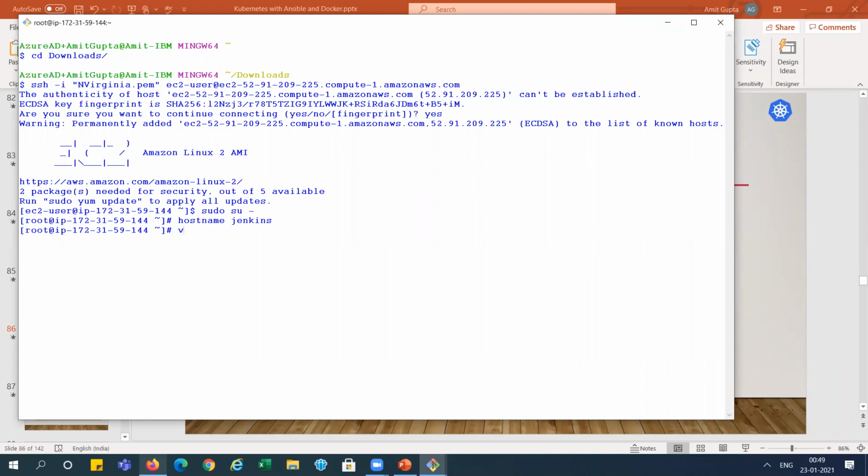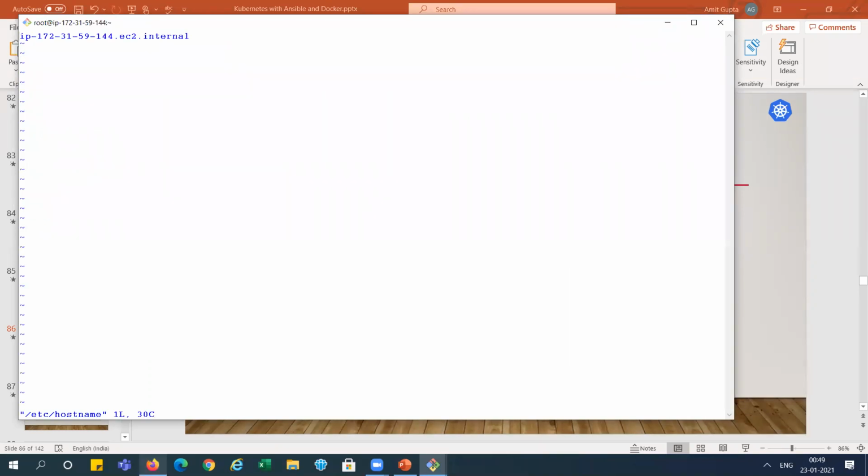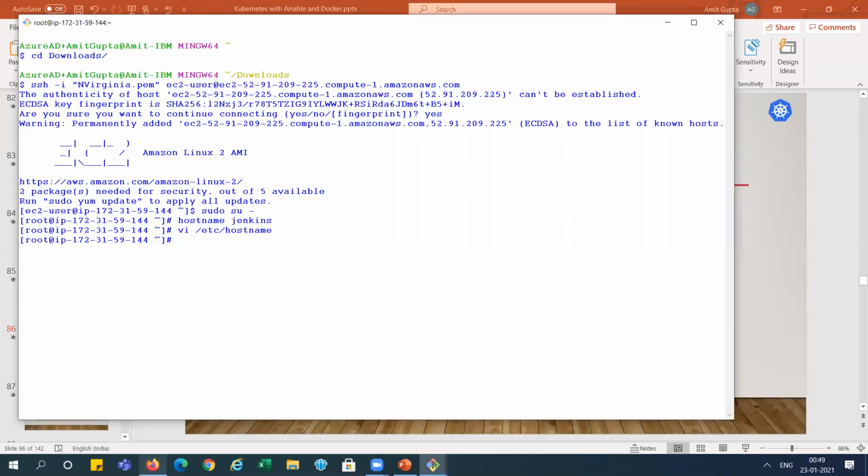I am changing etc also. You can see here I've changed the host name, so I'm taking sudo su again.